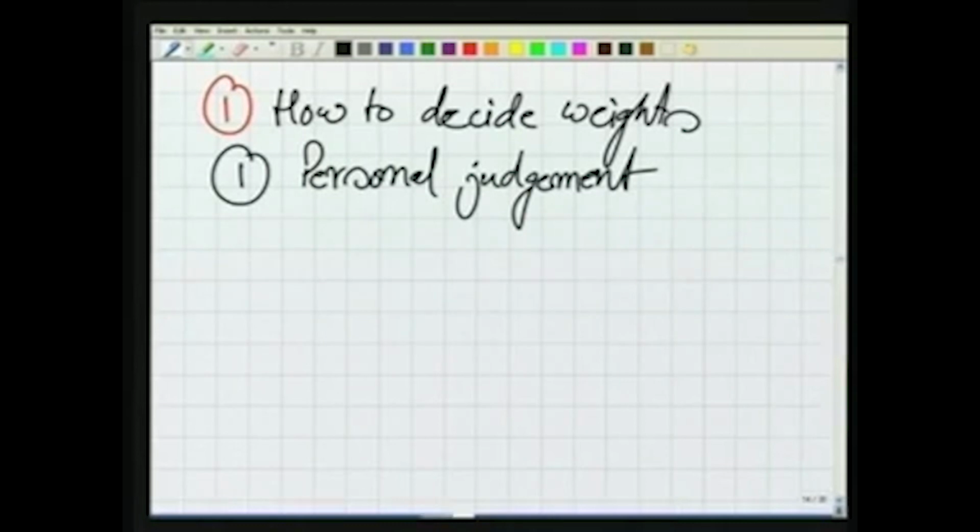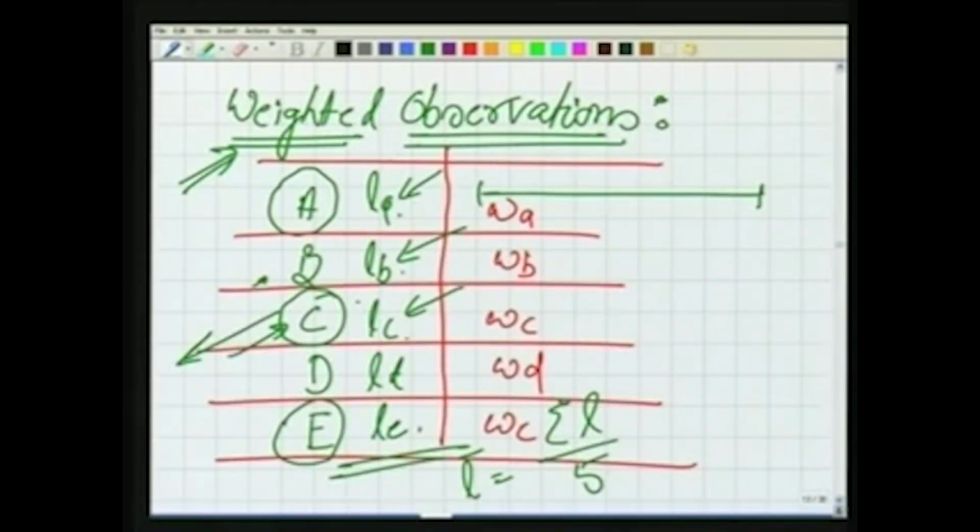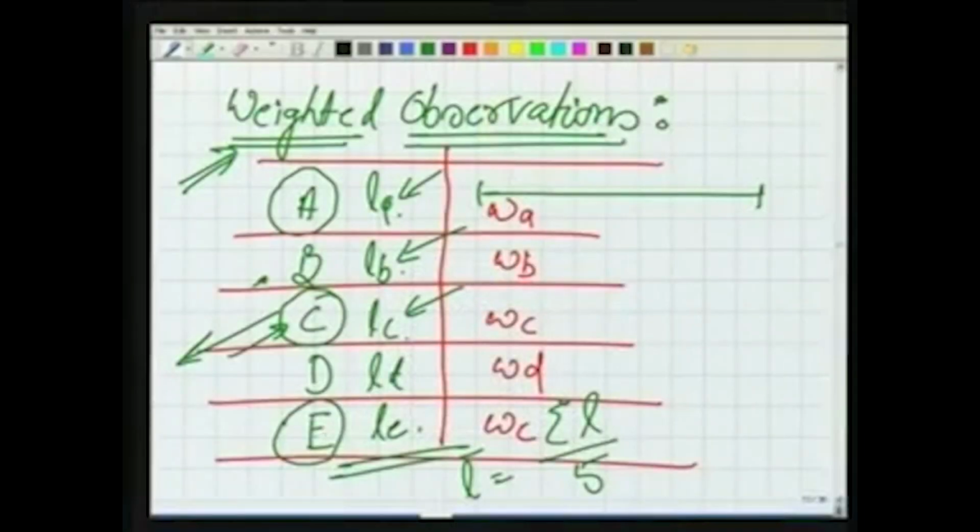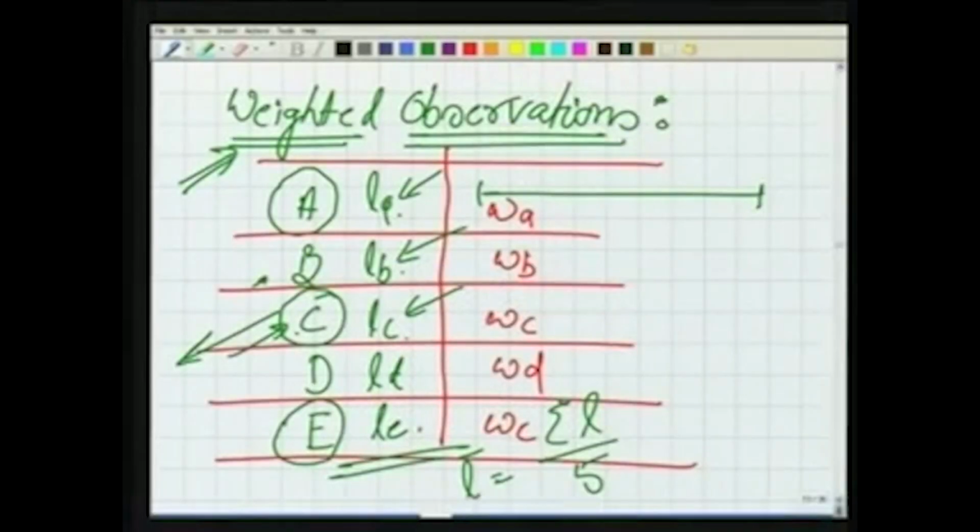What is the meaning of that? Well, here we made a personal judgment. I said person A is a very reliable person. He is very sincere. He cannot commit a mistake. I gave him higher weight. Person D, oh, he is not that good in working. I give him less weight. Person C, when he was working in the field, the weather conditions were very poor. I give him also less weight. Person B is okay. It's all right. So I give him an okay weight. So just like that, the personal judgment. You make a personal judgment and you assign the weights.